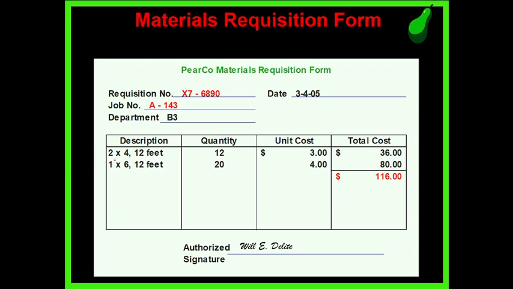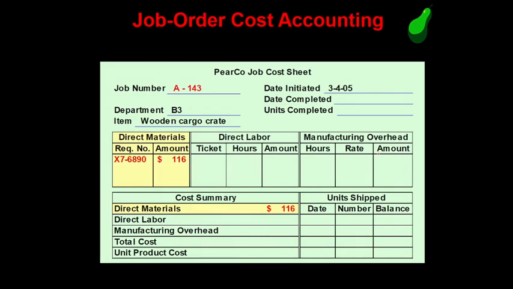So ayan, you have 2x4, 12 feet, siguro kahoy ito, di ba? Kasi wooden crate eh. So you have the quantity, you have the unit cost, and then this is now the total cost that is issued. Ayan. Okay, and used in the job order A143. Now, this materials requisition form will now be the basis for your direct materials cost in the job cost